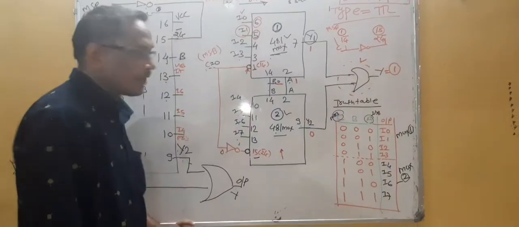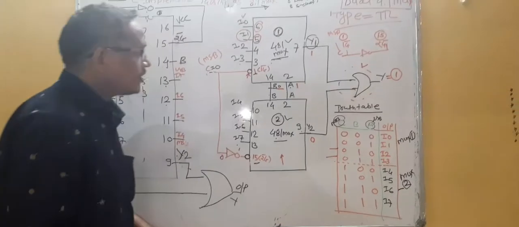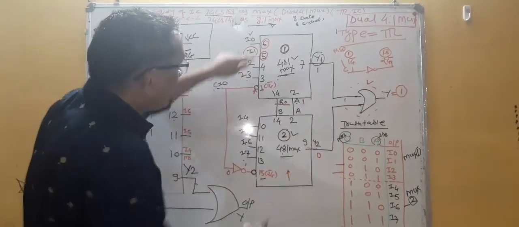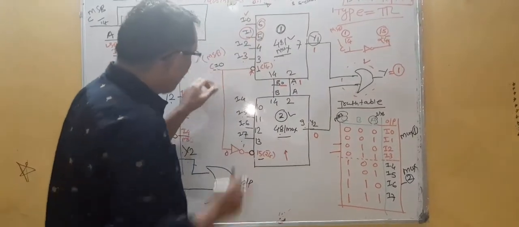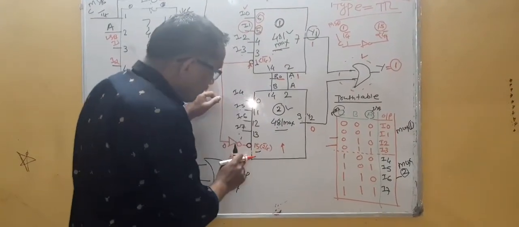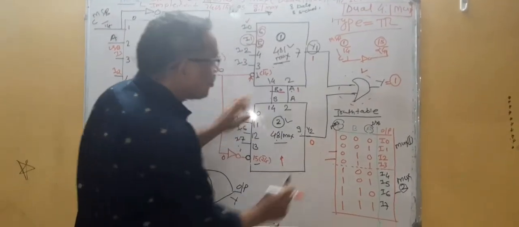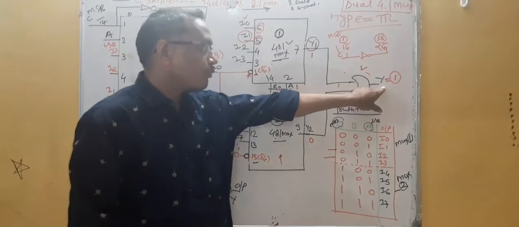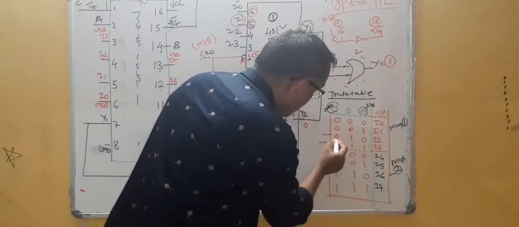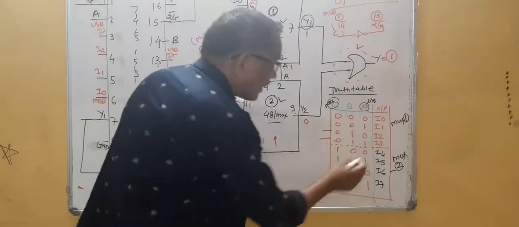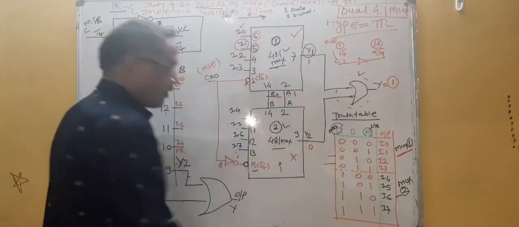This is the second condition. The same thing will happen for 0, 1, 0 and 0, 1, 1. That means due to C is equal to 0, the upper multiplexer will get activated. It will show the output 1. But at the same time, when C is equal to 0, due to this property, the lower multiplexer will be disabled, which will always show the output 0. So 1 plus 0, output is always 1. That's why for these conditions, 0, 0, 0, 0, 0, 1, 0, 1, 0 and 0, 1, 1, multiplexer 1 will get activated and the other will not.